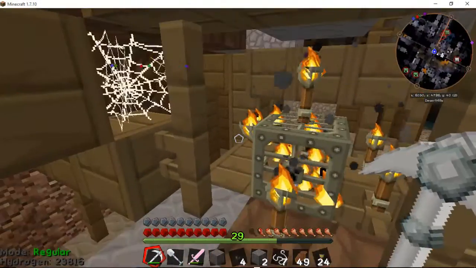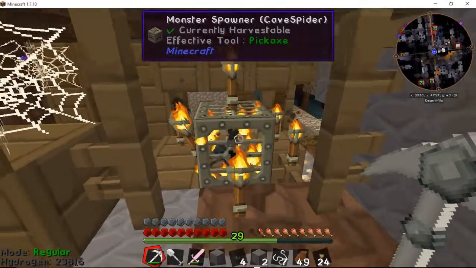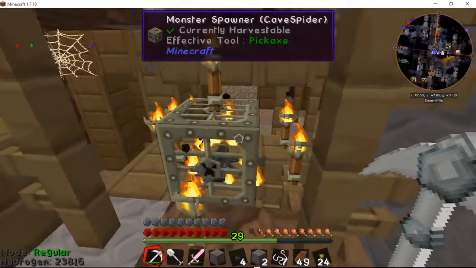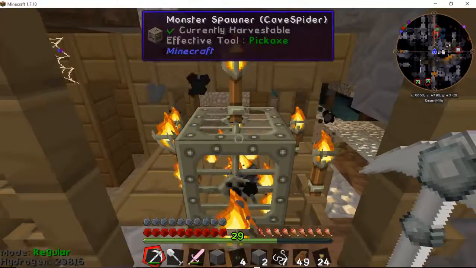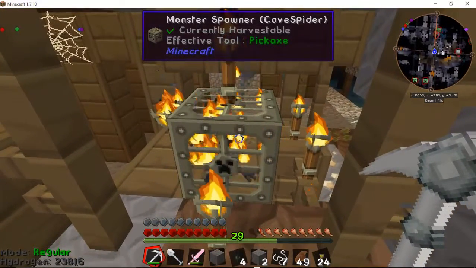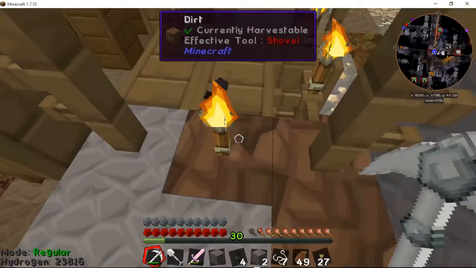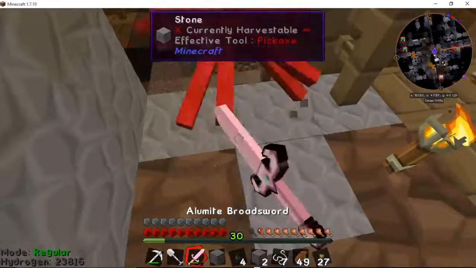Okay everyone, and we're back. I just wanted to get to a spot where I can find one of these spawners so I can show you how retrieval of a spawner will work. Pretty much what you want to do is break it up with a pickaxe, pretty much any level. And now we have ourselves our first broken cave spawner, which is pretty cool because you can use that